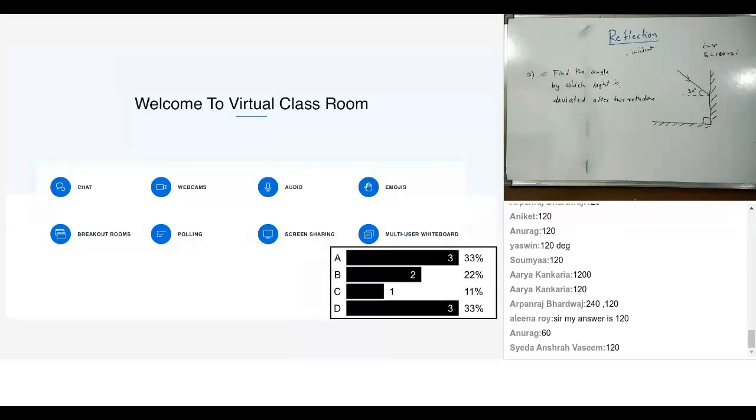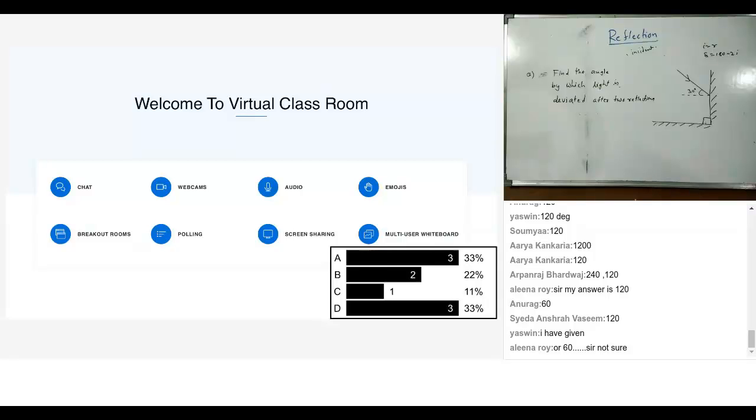I think all of you have given us yes. Anurag says 60, 120, Alina, Saida, 120. Dhara, what is your answer? Yasmin, I saw your answer. Ainel, what is your answer? Dhara and Ainel, I want answers from you. I think the rest have all given. Alina has also given. Okay, so let me see what I get.